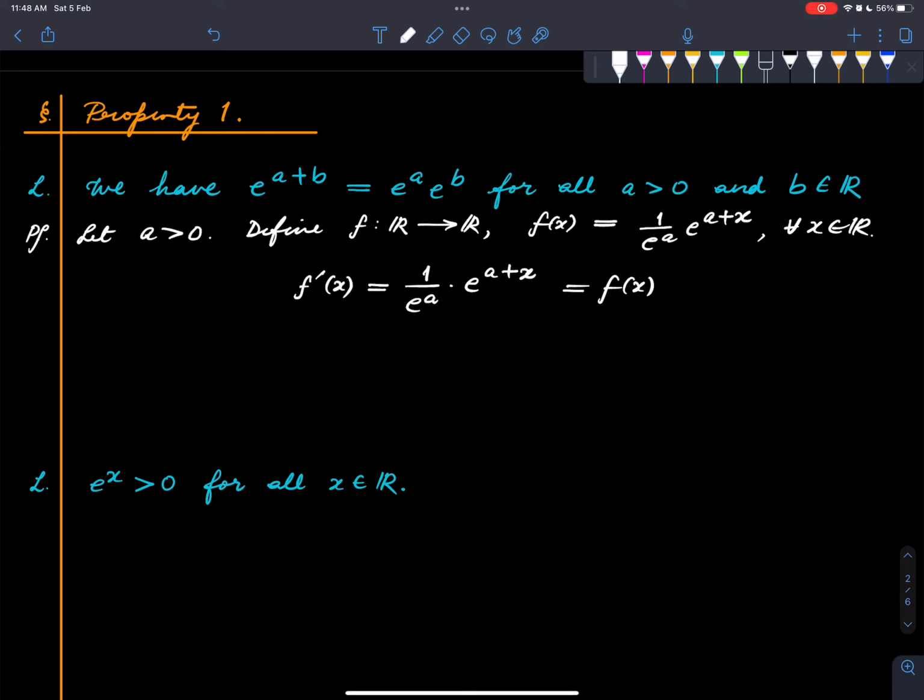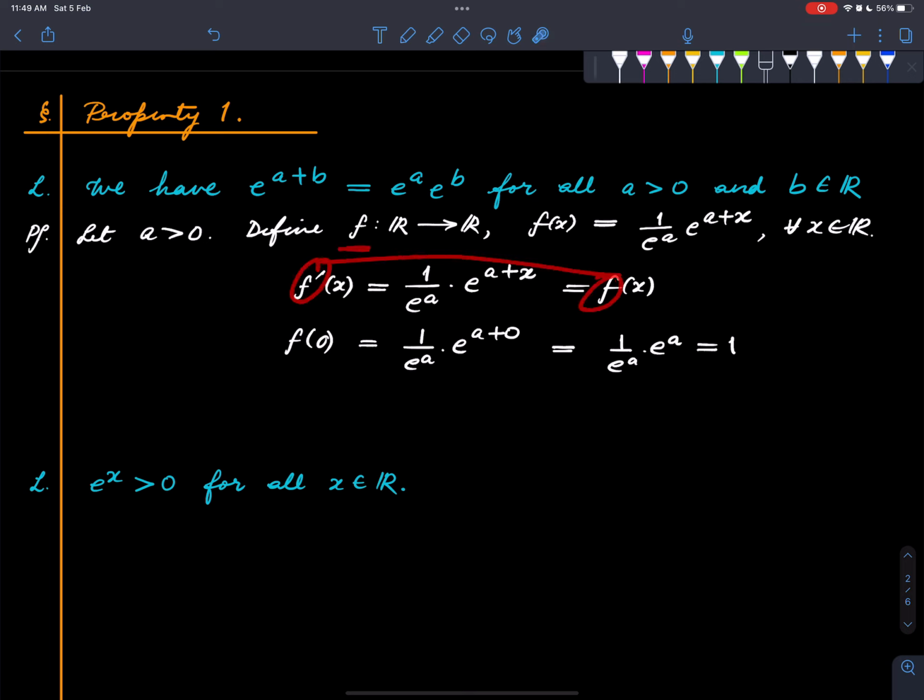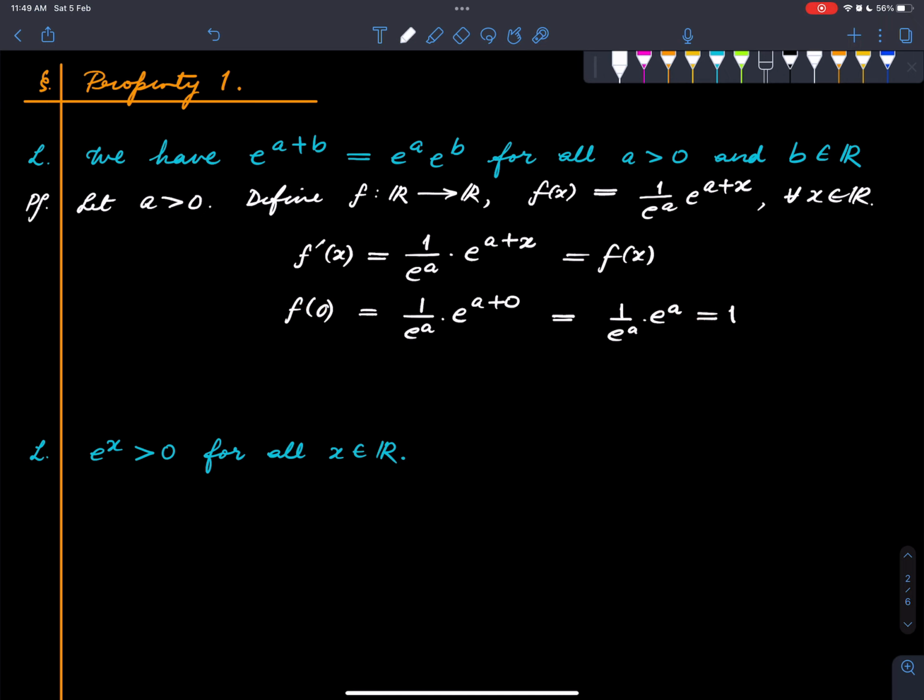Great. What is f of 0? f of 0 is 1 upon e to the a times e to the a plus 0, which is 1 upon e to the a times e to the a, which is 1. So f is a differentiable function which satisfies f prime equals f for each x, and that f of 0 equals 1. Therefore f must be equal to the exponential function. Thus f of x equals e to the x for all x,